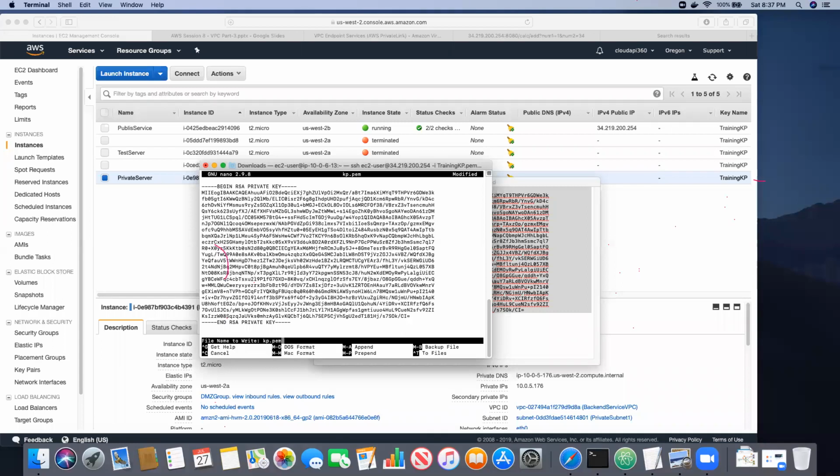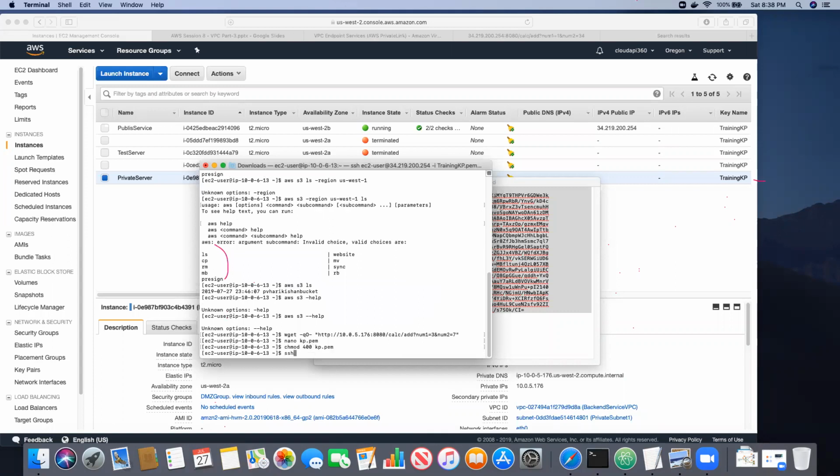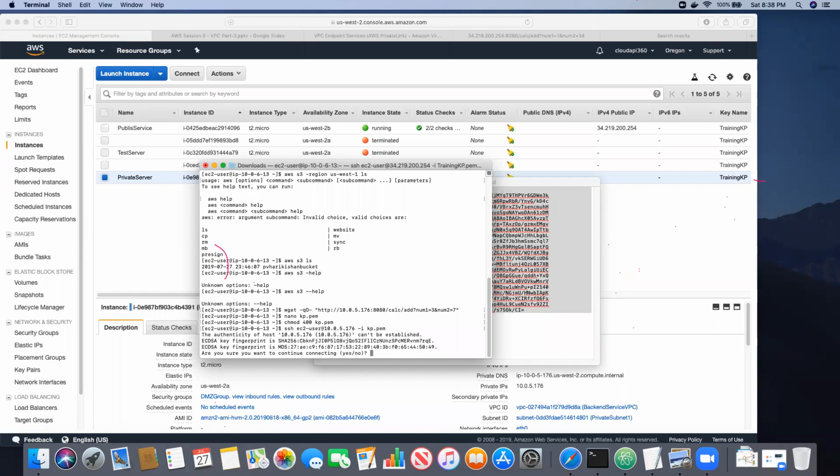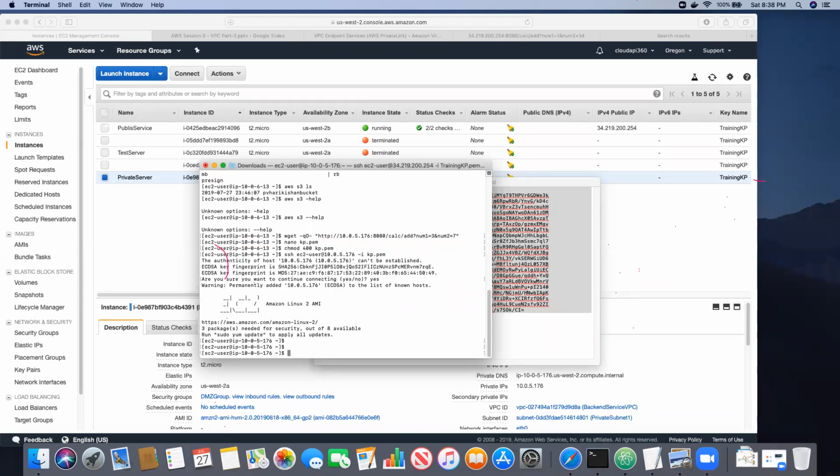Then I am saving it. Then I give the permissions to the PEM file. Then I am connecting to the private instance. EC2 user, and the IP address is 10.0.5.176, right? Then kp.pem. So I am connecting to it. So now I have connected to the